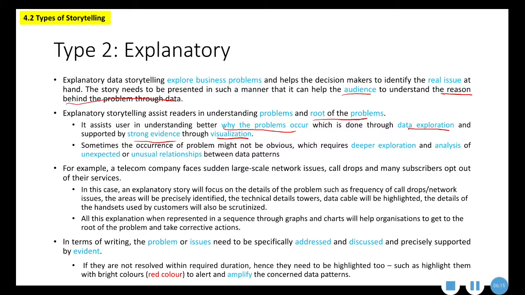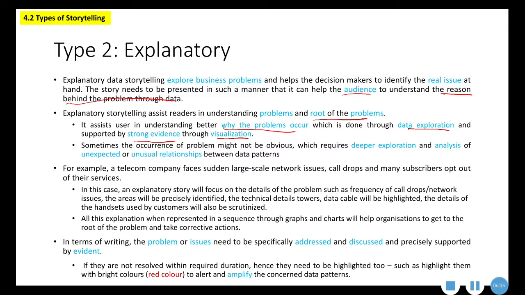In order to explain the situation, the narration should be supported with visualization from the exploratory research or investigation, so that the data or the visualization becomes evidence